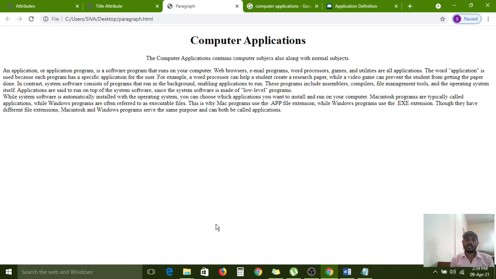But after correction, it is showing the difference between paragraph and heading. Here computer applications is the heading, and the computer applications contain computer subjects also along with normal subjects. This is the paragraph. This is displayed as small size text because it is normal text. That's why the heading is showing in a big format. Here the difference is shown by the different tags.